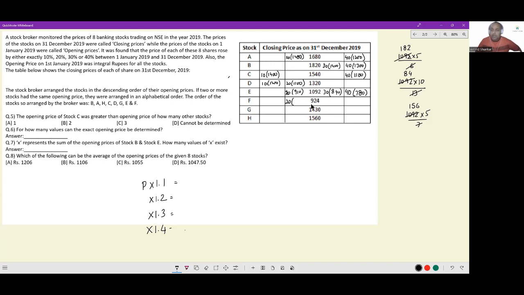30%. Is this divisible by 13? 910 plus 14. No. Is this divisible by 14? Divisible by 2. Is it divisible by 7? 910 plus 14. Yes. This is divisible by 14. So the potential initial prices I can also figure out. So 924 into 10 by 12. Cancel, cancel. I get 7